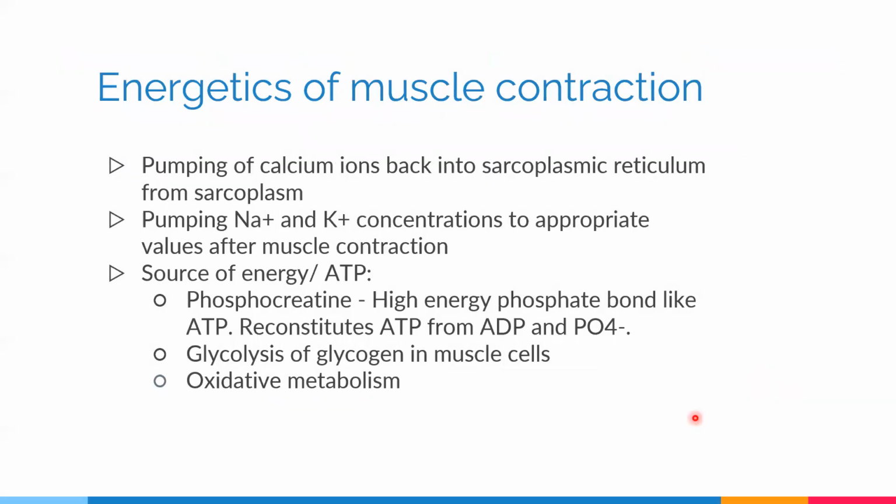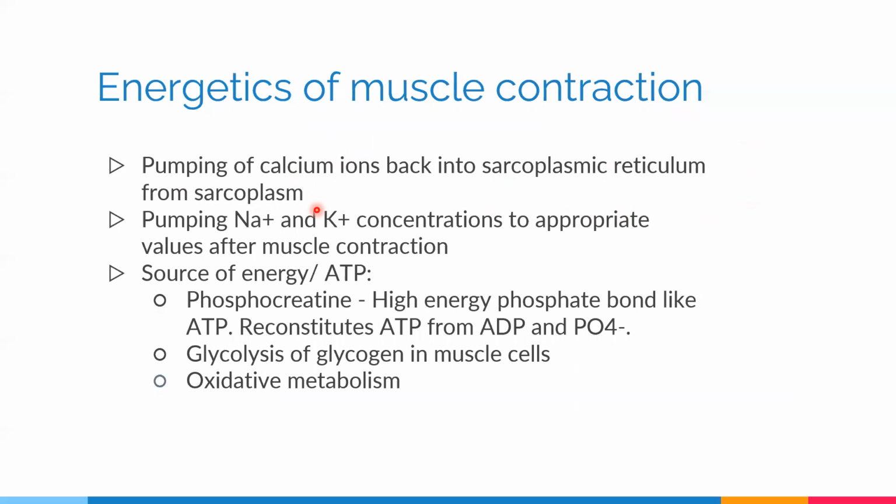Next, we move on to the energetics of muscle contraction. So where exactly is the energy of the ATP supplied for muscle contraction? The energy that is supplied is required for two major processes. First is the pumping of calcium ions back into the sarcoplasmic reticulum from the sarcoplasm. So after the contraction is finished, the excess calcium needs to be sequestered back into the sarcoplasmic reticulum, and for